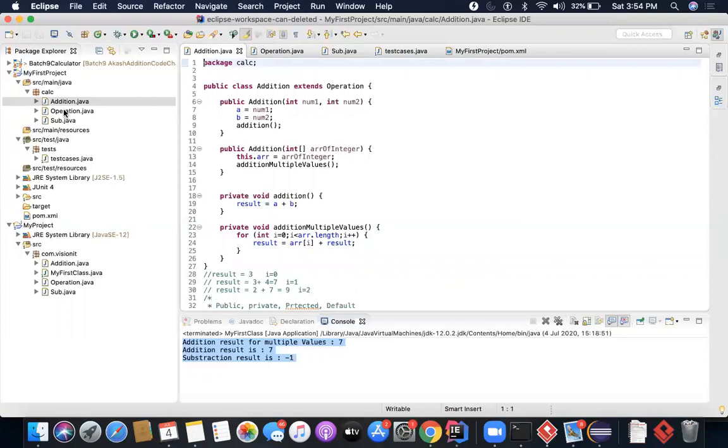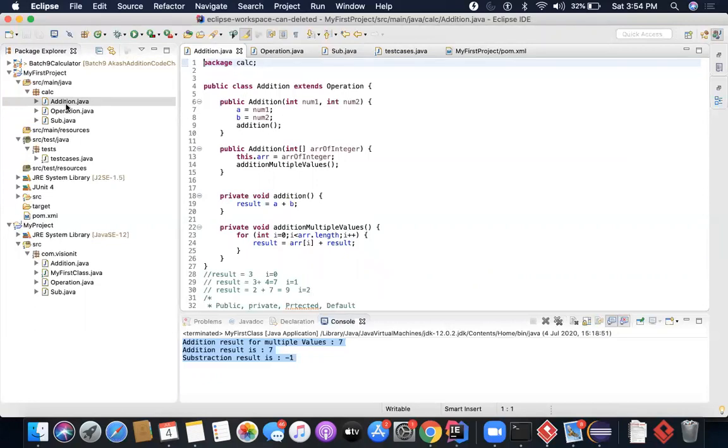We are responsible for development as well as testing. We are doing the role of both developer and tester.